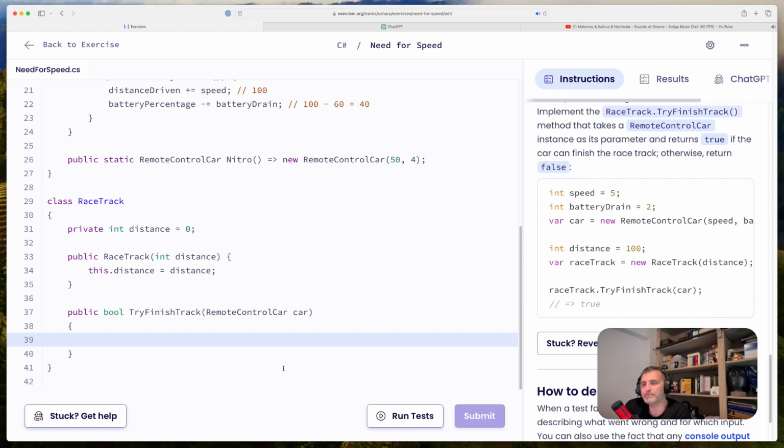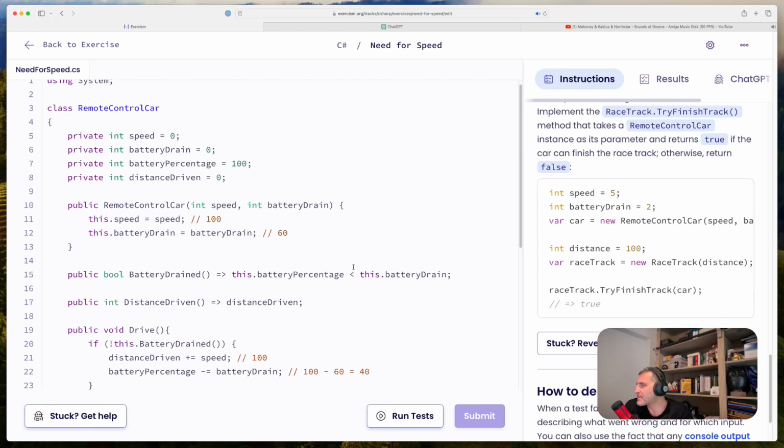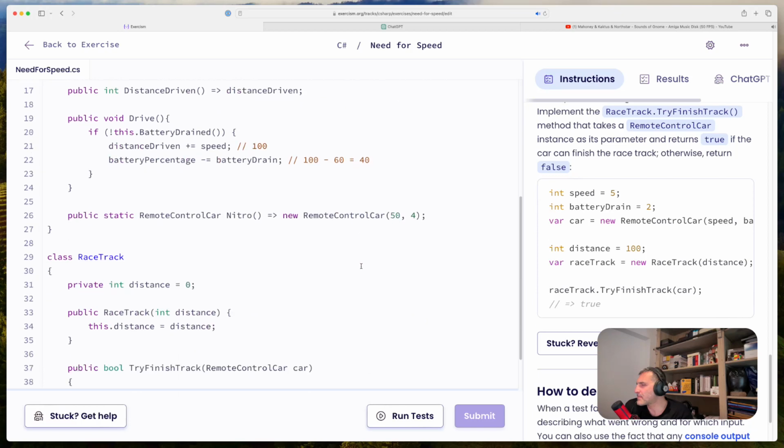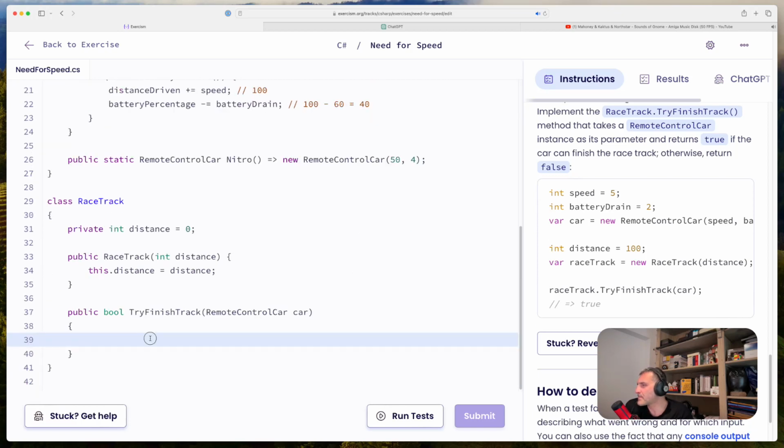I guess maybe I can drive it, right? While